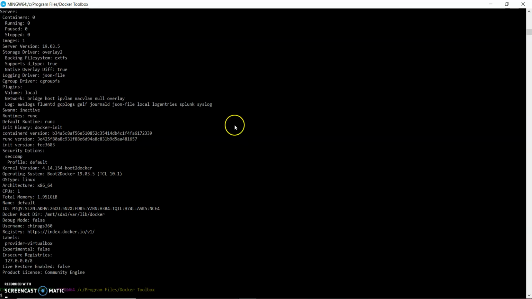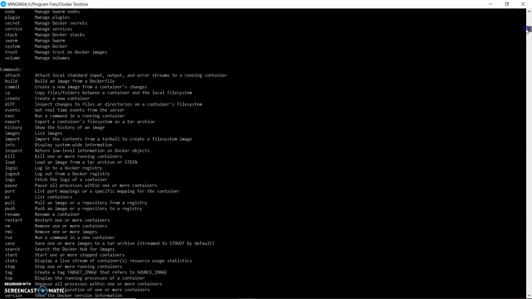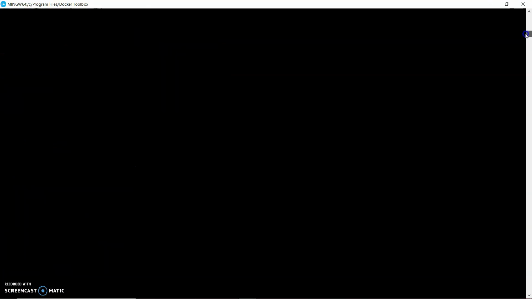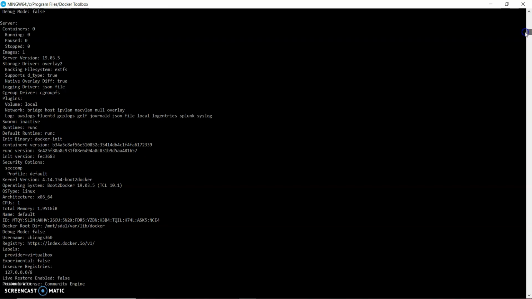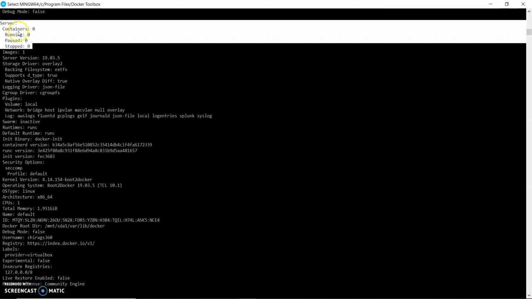Basically, docker info shows me all the details. If I go with this docker info, there is the server. It shows how many containers are running and how many images are present in my Docker.